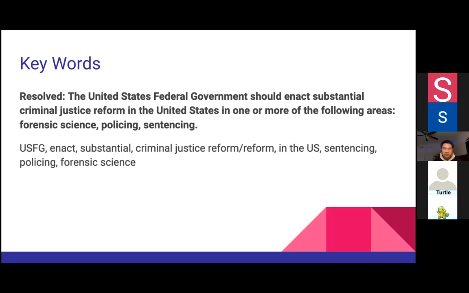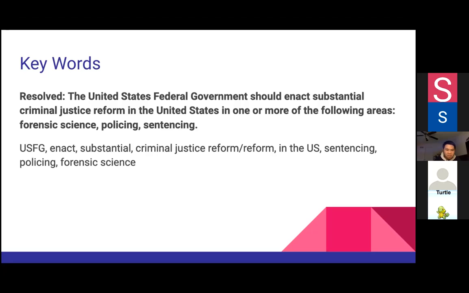Substantial will always be important. It's pretty much in every resolution, at least every resolution I've debated. And it's an important word because it's important to look at what is substantial in the context of different things. So in this case, we'd be looking at substantial in the context of criminal justice reform. Last year, we would have been looking at substantial in the context of arms sales. And in the immigration topic, we would have been looking at what is substantial in the context of immigration. And it all sort of gives us a quantitative outlook on what types of plans are really topical under these